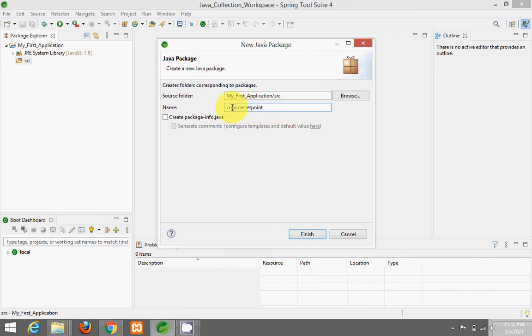It should start from the domain name, .com or .net or .in or any domain name, followed by the company name, then followed by the module name if you want. I'm giving first program. This is the naming convention you should follow in order to keep your package unique.